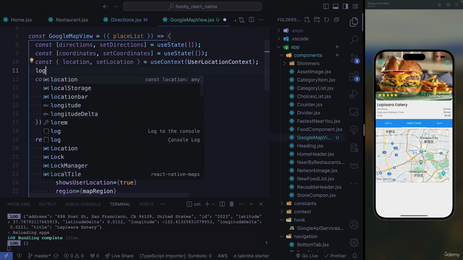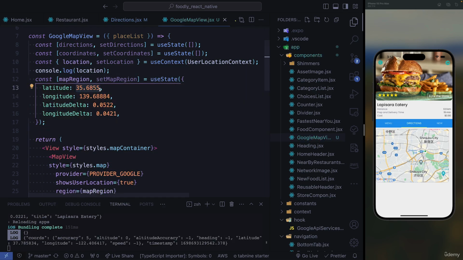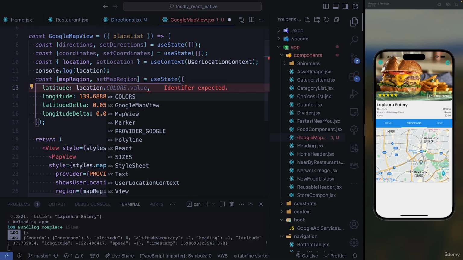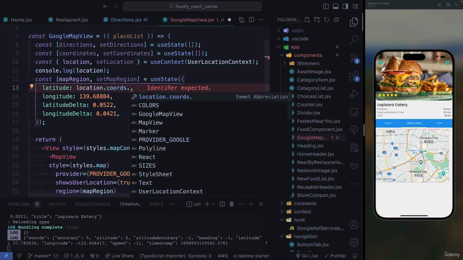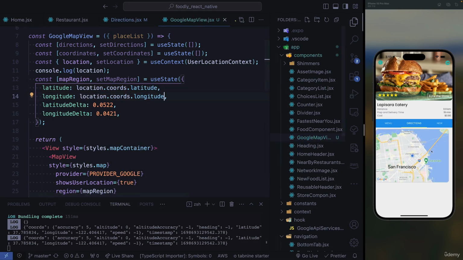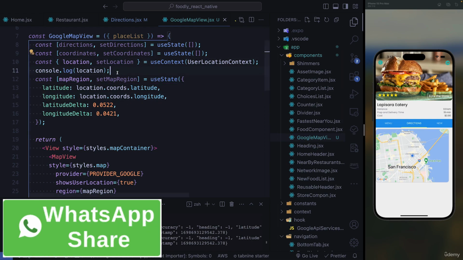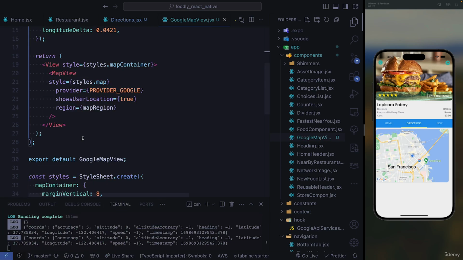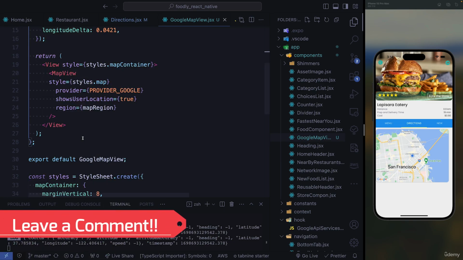Let me do one thing here. I'm going to log location. I'm going to change this to location.latitude, location.coords.latitude. That way it'll work, and it's showing the user location, so that's okay. Let's get rid of this. We need to work inside. We need to place our markers, and then later on we're going to